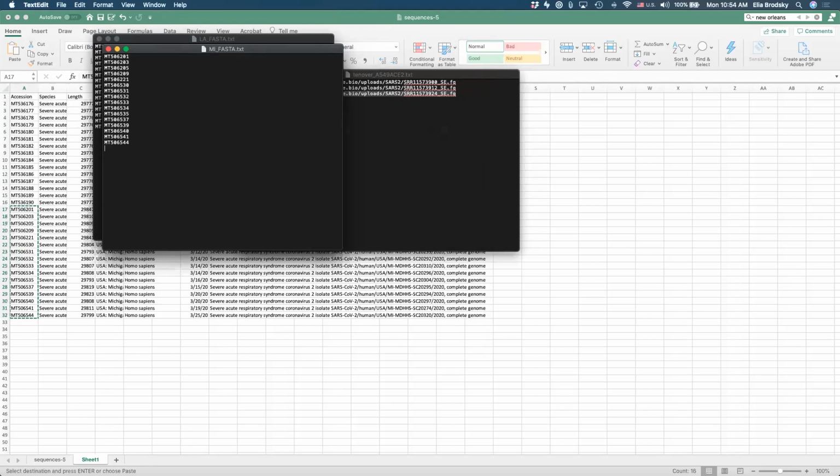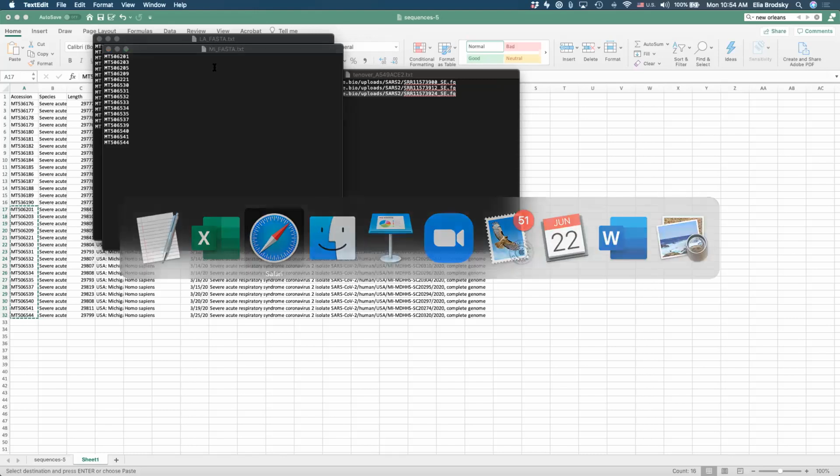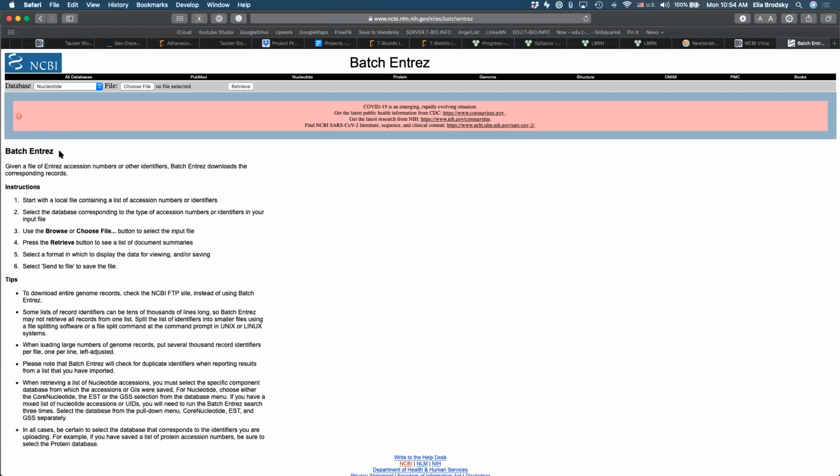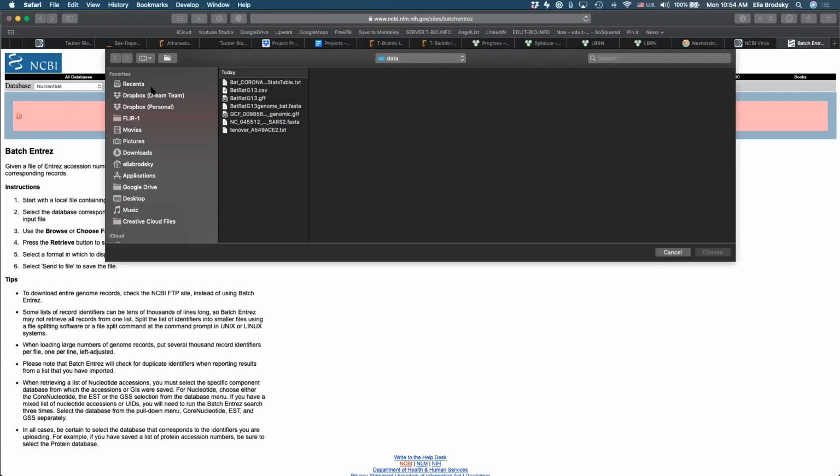Okay, no questions. Again, if you want to do it from India, how do you do it? The same process. If you wanted to, you know, specifically in Wuhan as opposed to Beijing in China, you know how to do that, right? So you just create these simple TXT files with just the accession numbers. Then you go to NCBI batch Entrez. You can choose a file. So let's select